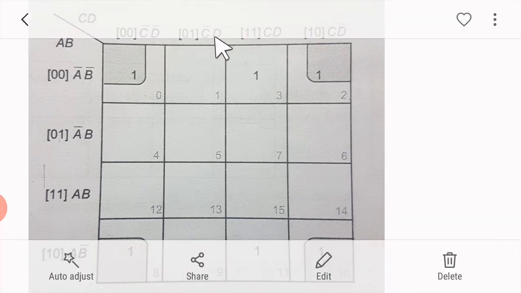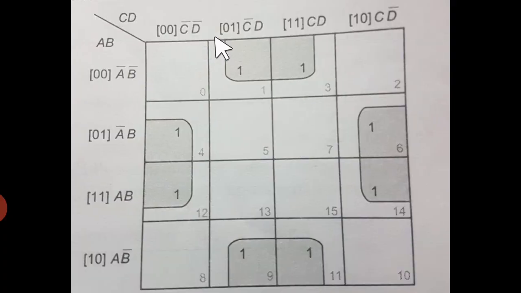Alright, rolling the map again. Now we go for this example. Here you will find 2 ones in the top row, 2 ones in the bottom row. So here it will be considered as one quad. Alright, now this one also, here you see the left edge, or the leftmost column, has got 2 ones here, and the rightmost column has got 2 ones here, so that too will be taken as a quad.